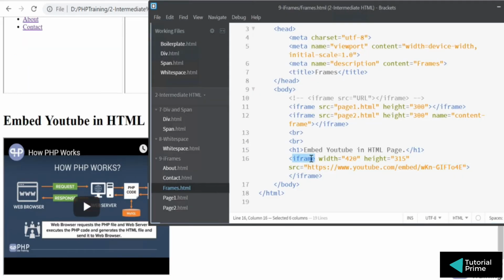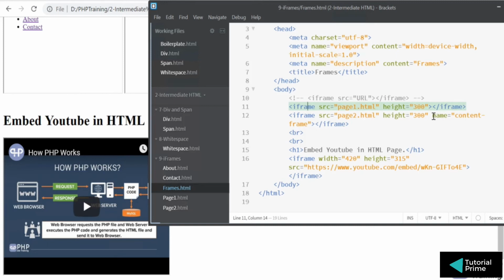This is basically an iframe. In the iframe you are embedding that URL. Very simple. You can control the height and the width as well. Iframe is very simple to understand. It's like an image. To display an image, you just need the reference of the image. To display an iframe, you just need the reference of the HTML page, or what video you want to embed and show in that frame. That is the first concept of how to write an iframe and how to display the HTML page.